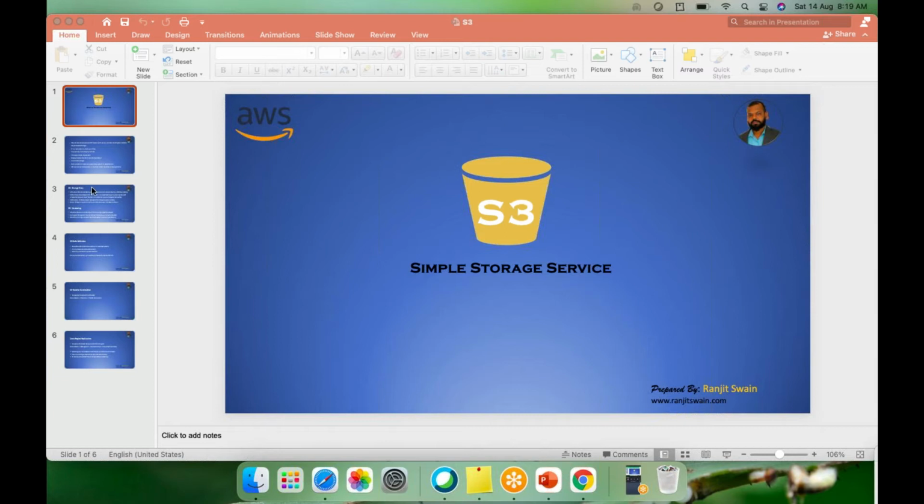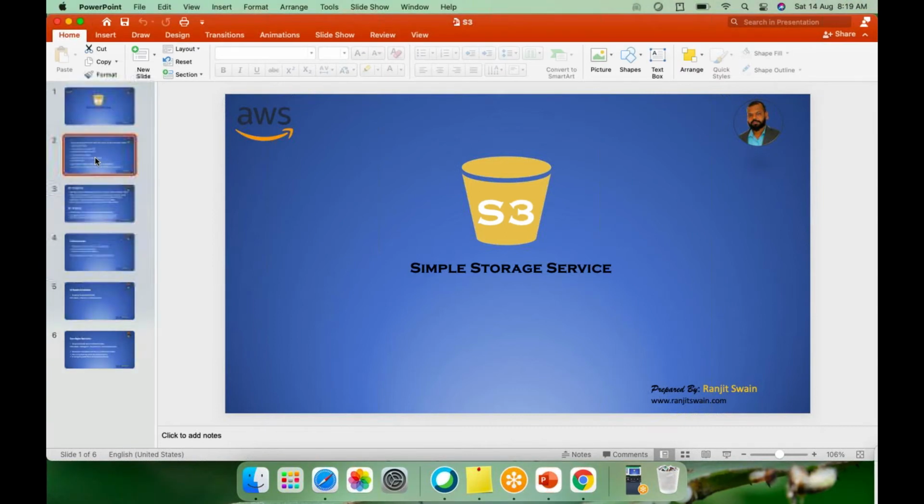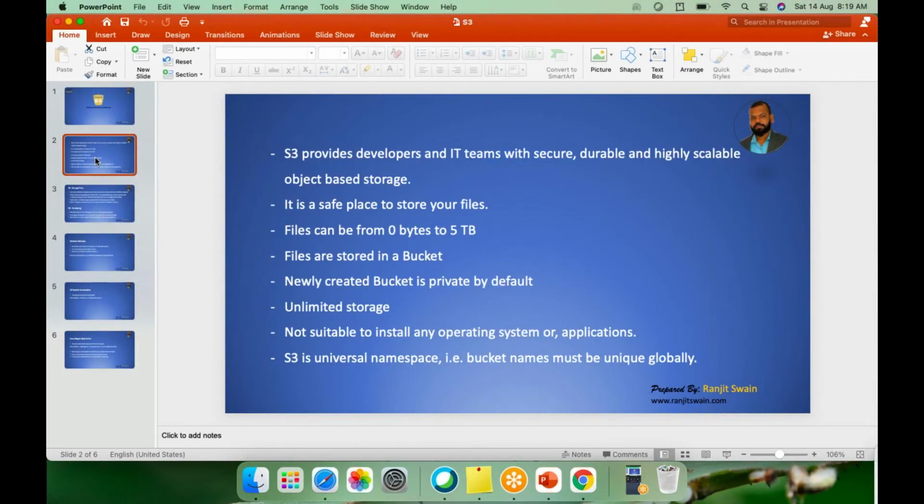So last class, we discussed the complete S3, and guys, remember whatever we discussed, these are the bullet points, and you may get questions in the interview as well as in the certifications. But in the certifications, you'll get more questions from whatever we discussed in the last classes. In the interview, they may ask you something real-time, like how you stored the database, or what is S3. They can tweak their questions and ask you, but at that time you have to be well prepared to answer their questions, right?